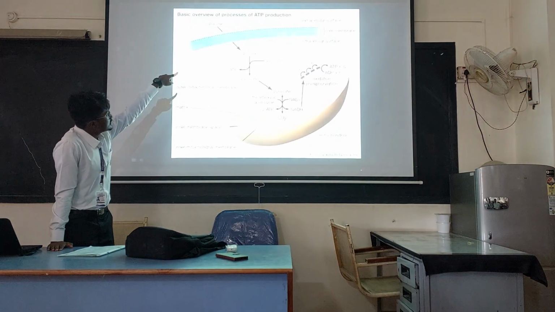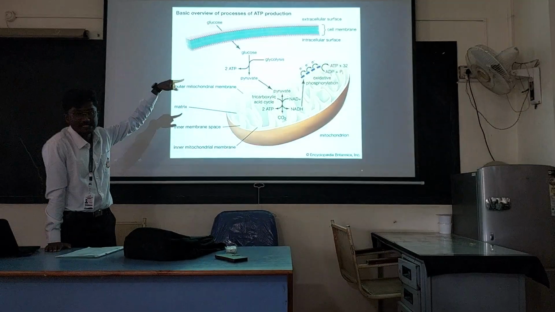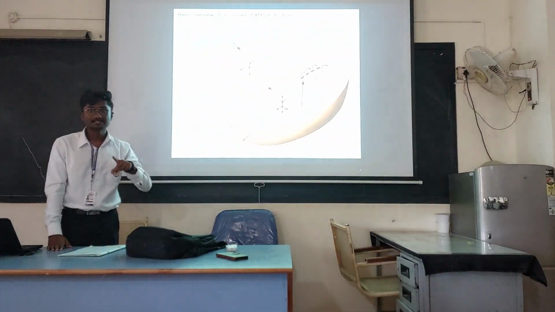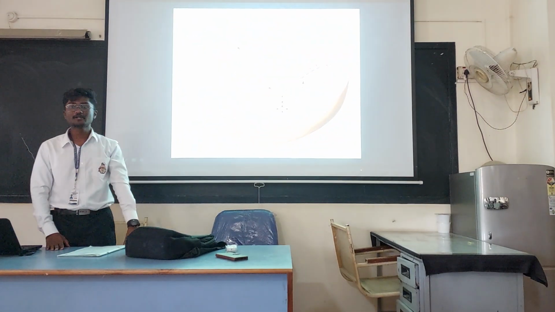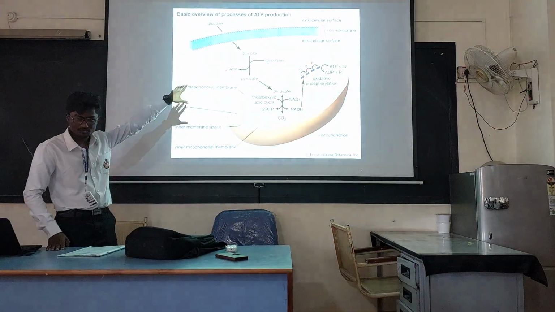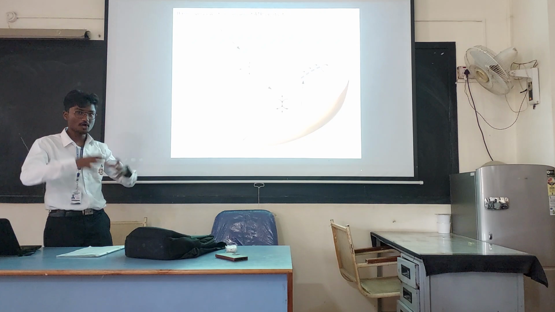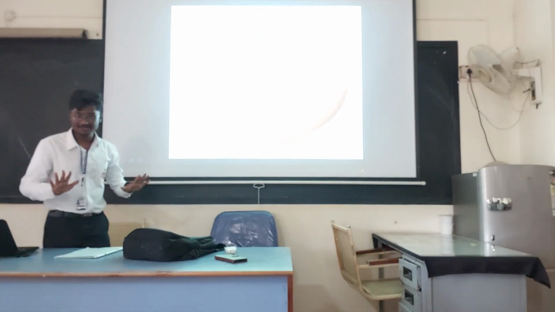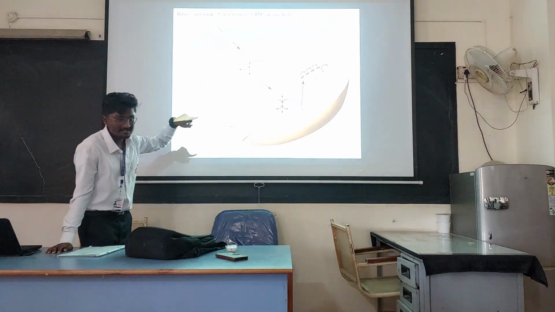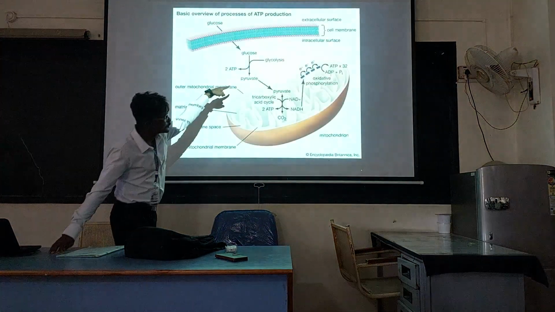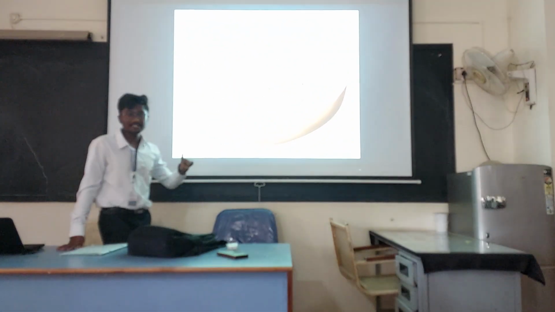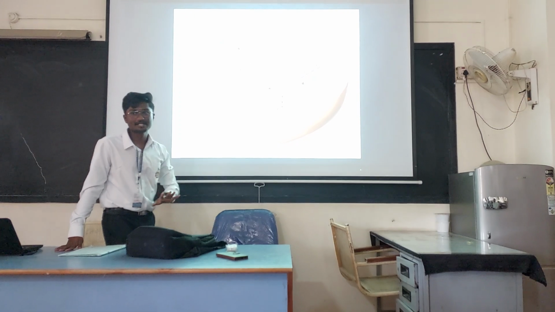When the glucose enters the cell in the cytoplasmic region, as I said earlier in the cytosol part, there is a process taking place called glycolysis. I've shown it in very simple words. There is an elaborate process in that which I don't know much about. So how much I know, I will explain to you. The glucose enters the cell. This glucose is converted to pyruvate. This process is called glycolysis, which is happening inside the cytoplasm.